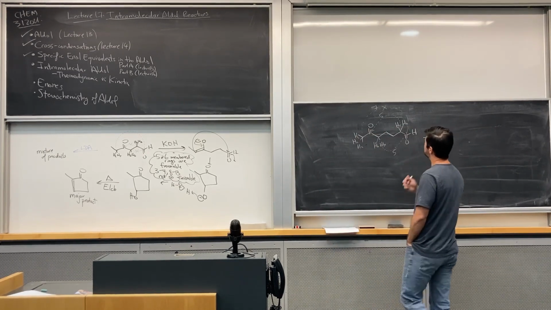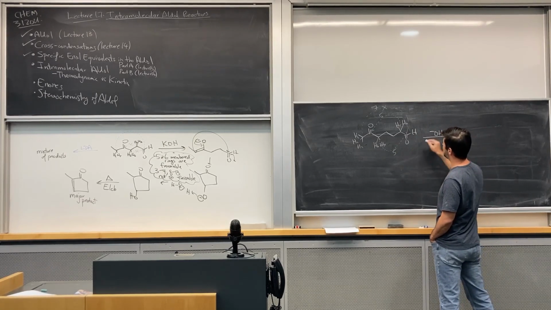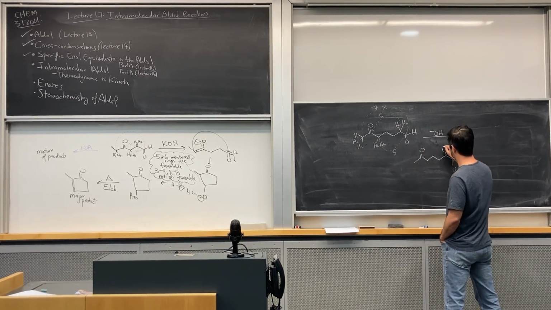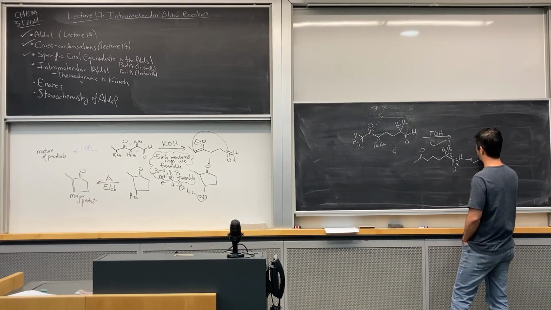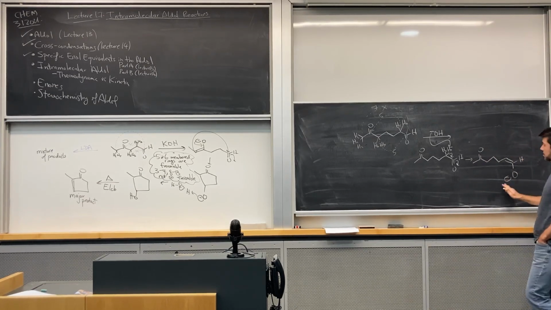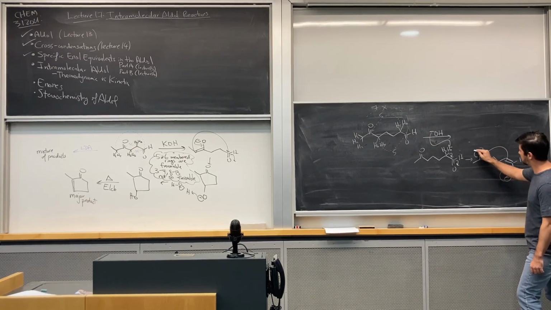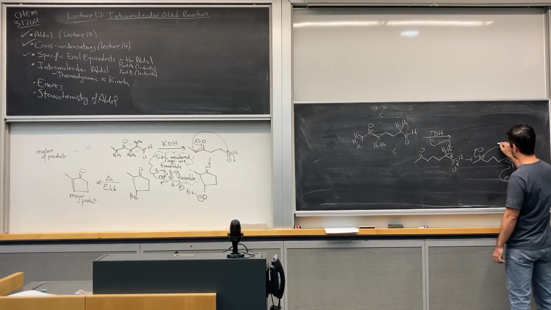So let's take a look at, it doesn't really matter which one we look at first, but maybe let's look at scenario A with protons A. So if we remove these protons, we'll generate this compound here, and then this will come and react here to form your 5-membered ring. So if that happens,